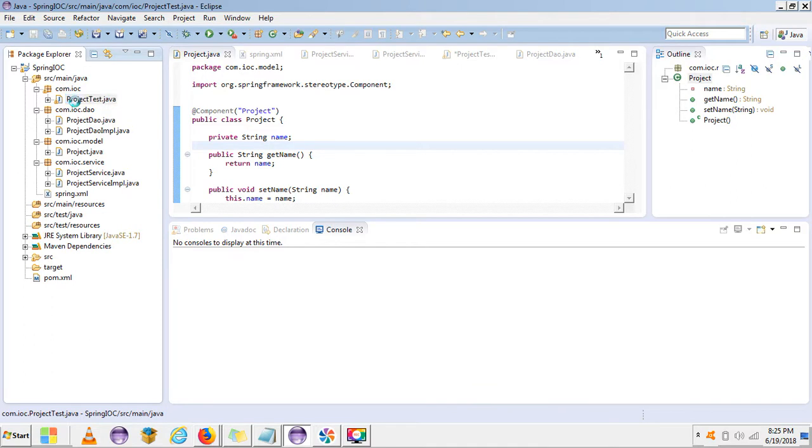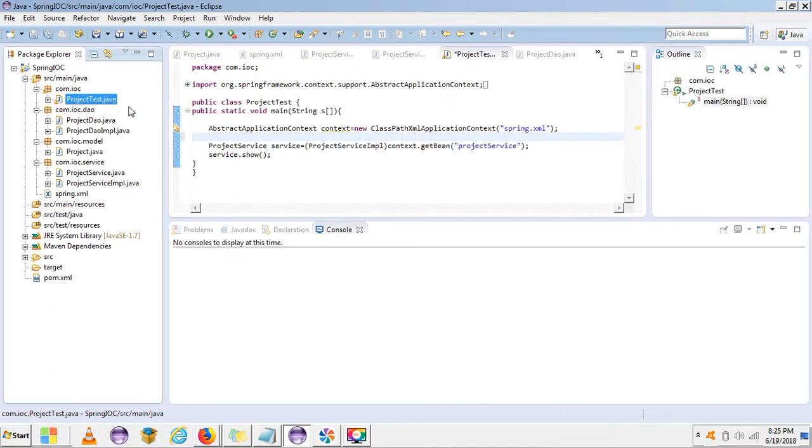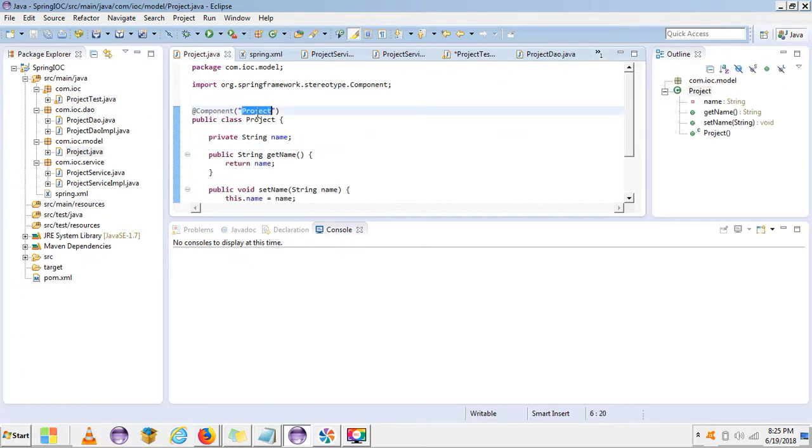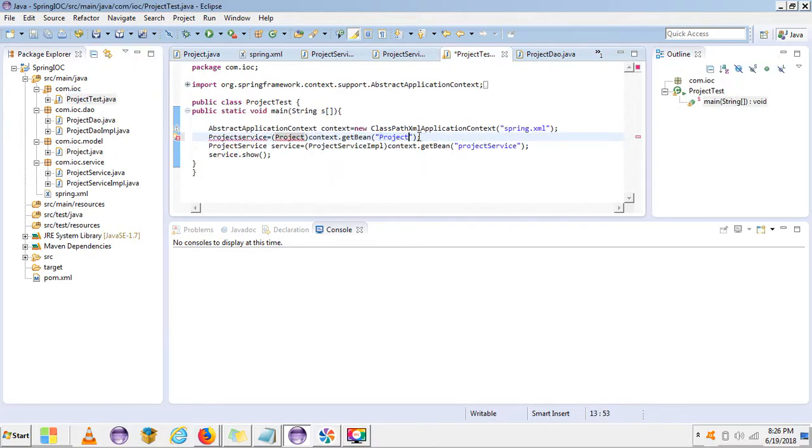We can test it. First we can create the object of project class. So we can get it from context. So this should be project, and this should be project. So the bean ID is, if you see our project class, the bean ID is this. So let's pass it here. So it should be project,